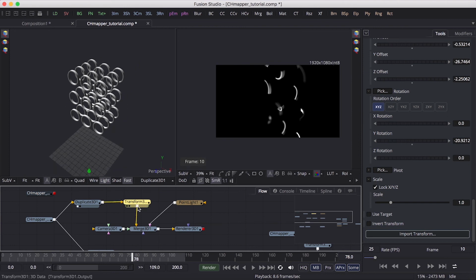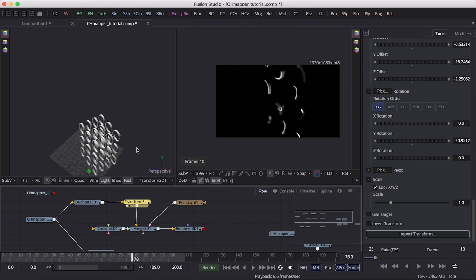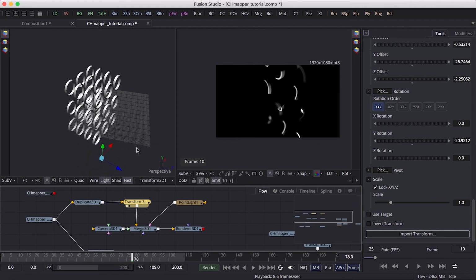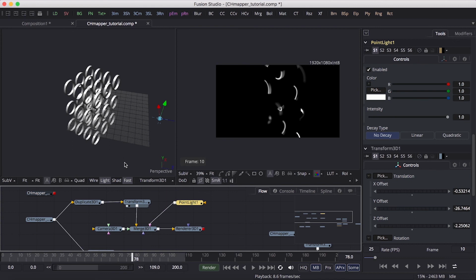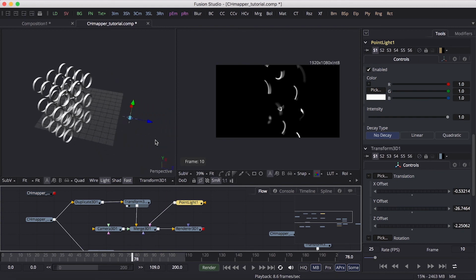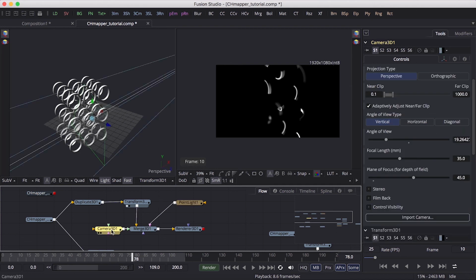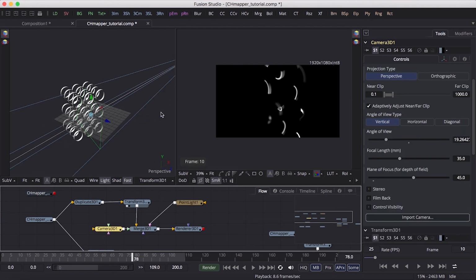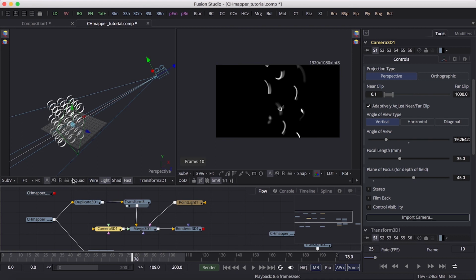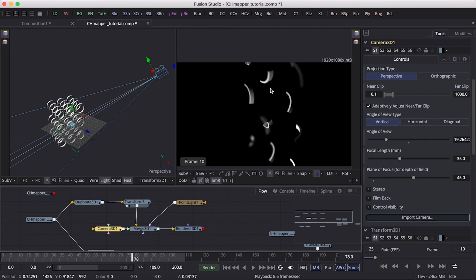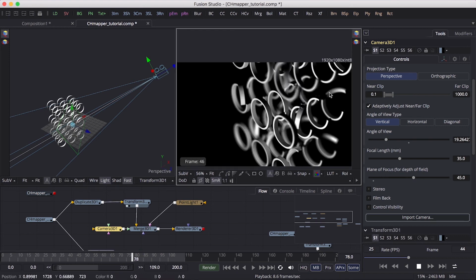To move it in 3D, I use a Transform 3D. I use a point light. And the camera. On the camera, here, as you can see, there are some depth of field effects.